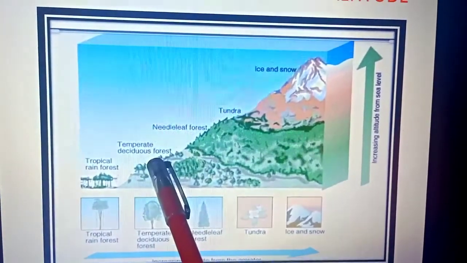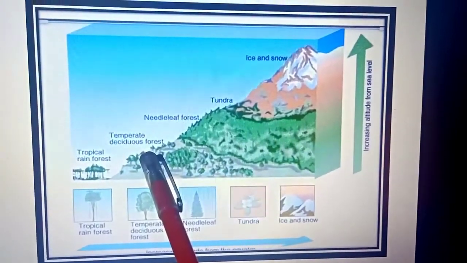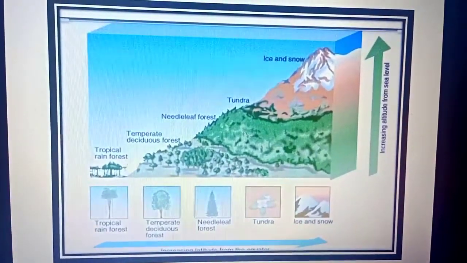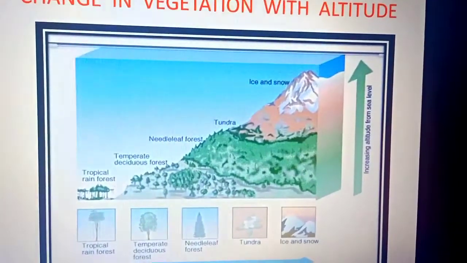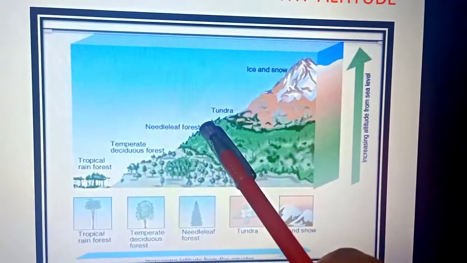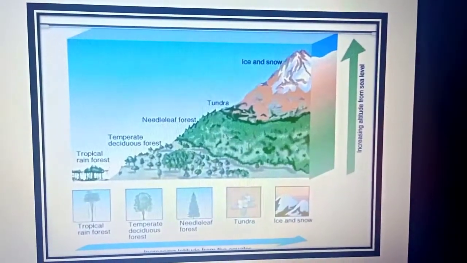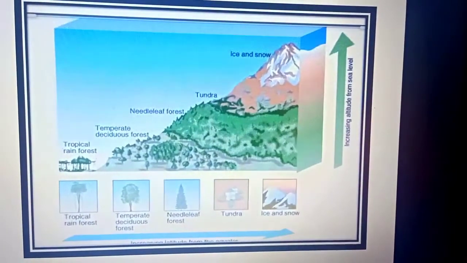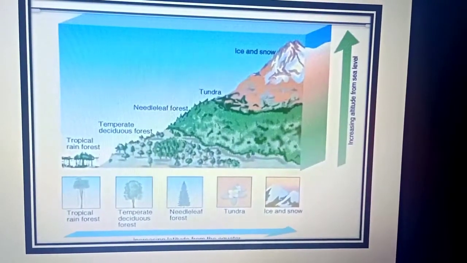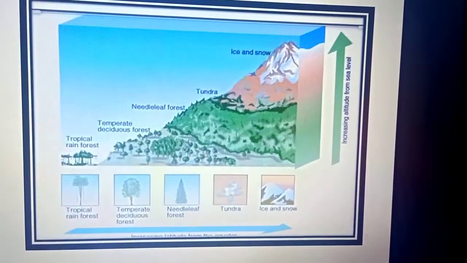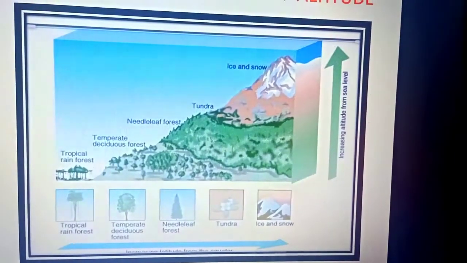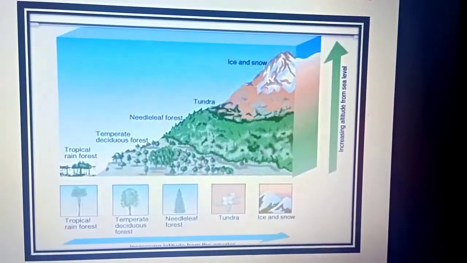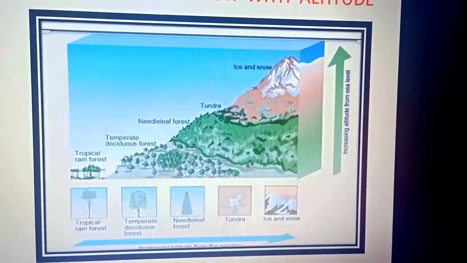As we move further, the temperature decreases and also the amount of rainfall decreases. So this area has temperate forest or deciduous forest. We can see, as we move further with altitude, there is written needle leaf forest. The needle leaf forest signifies coniferous forest. Children, you remember your Christmas tree with a conical top and needle-like leaves? So yes, needle leaf forest is coniferous forest. These forests grow in areas experiencing snowfall. So to protect themselves, they have a conical top.